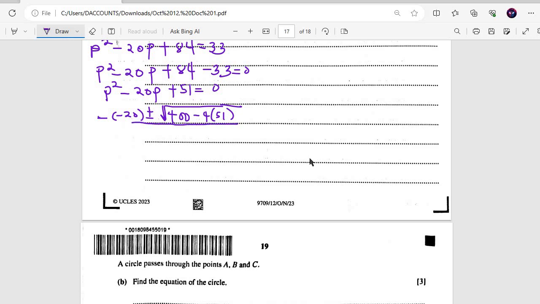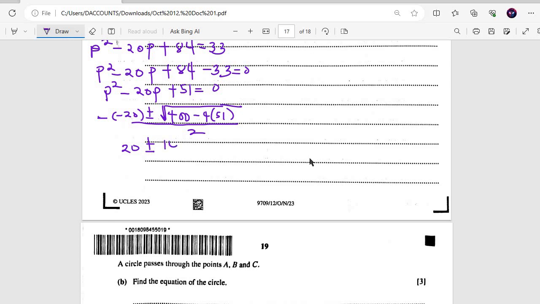So 4 times 51 is 204, and 400 minus 204 is 196. So 20 plus or minus the square root of 196,